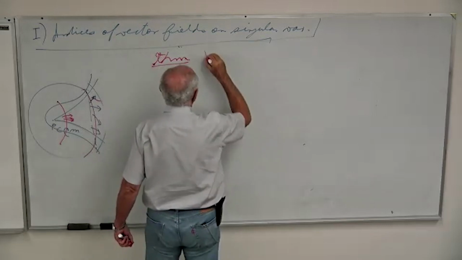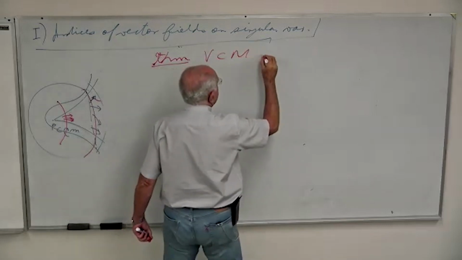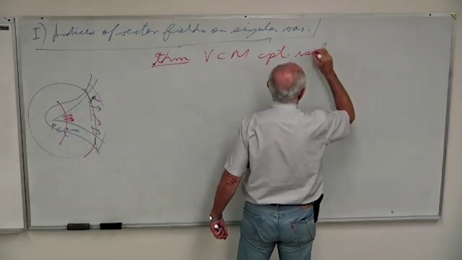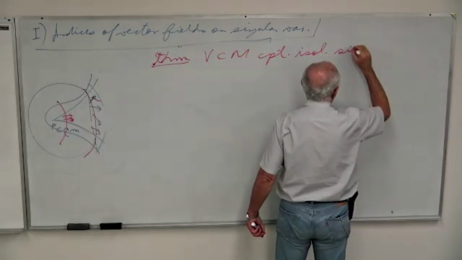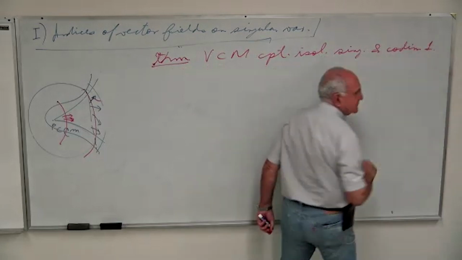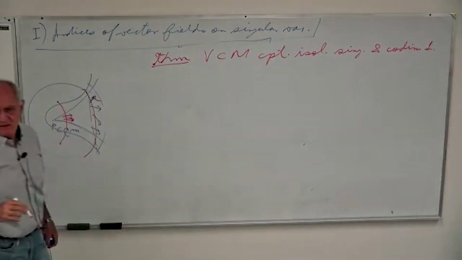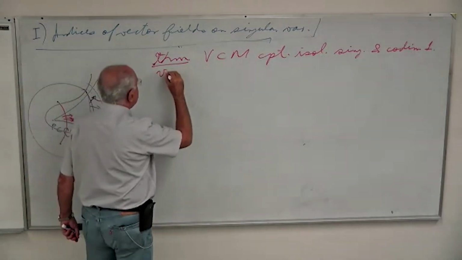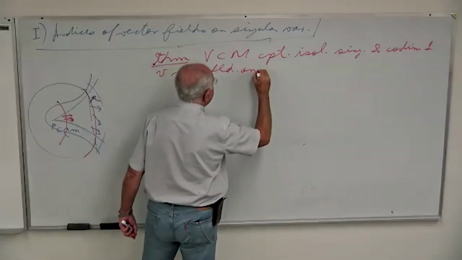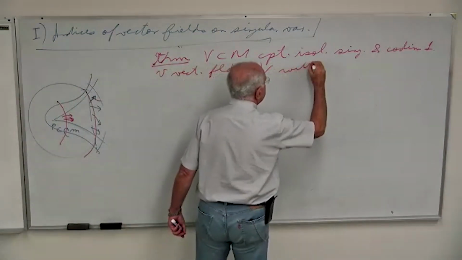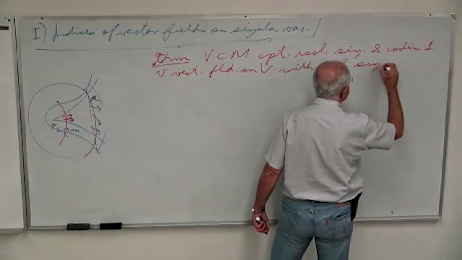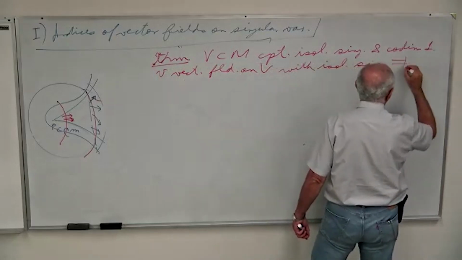If you have V embedded in M compact with isolated singularities and codimension 1, so we have a hypersurface in the compact manifold, and then a vector field on M on V with isolated singularities, then